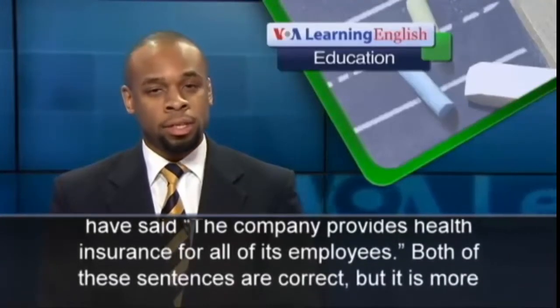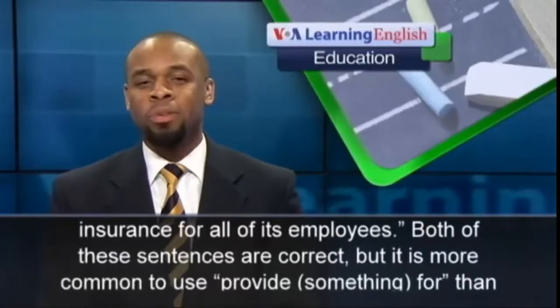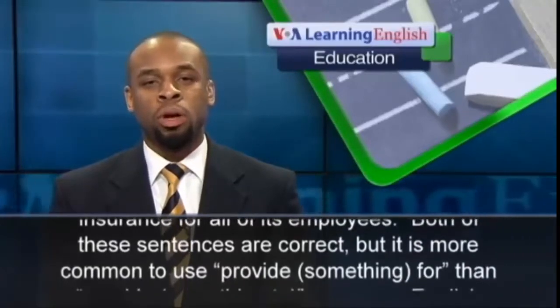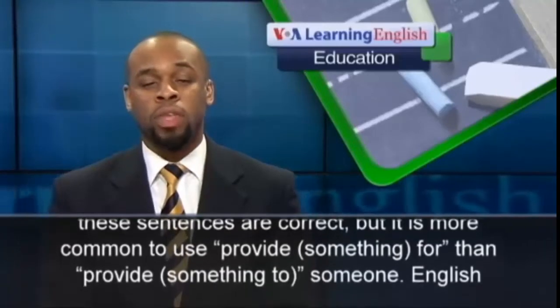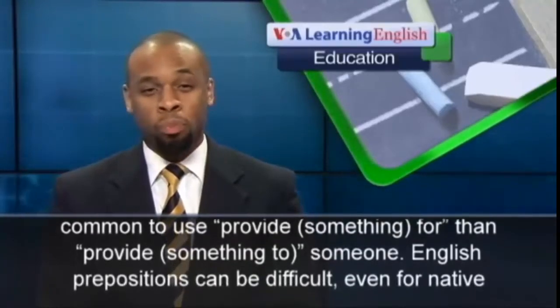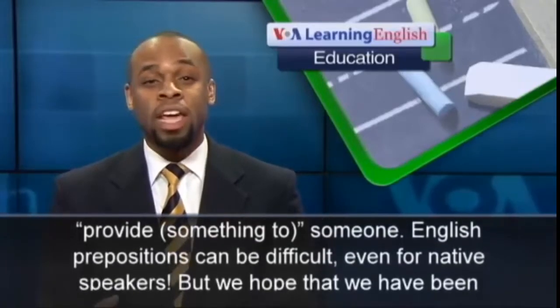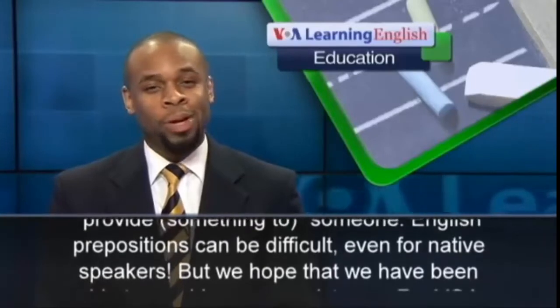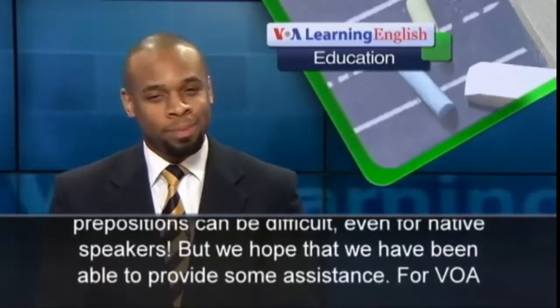Both of these sentences are correct, but it is more common to use provide something for someone than provide something to someone. English prepositions can be difficult, even for native speakers, but we hope that we have been able to provide some